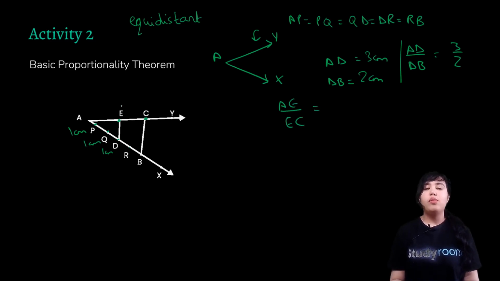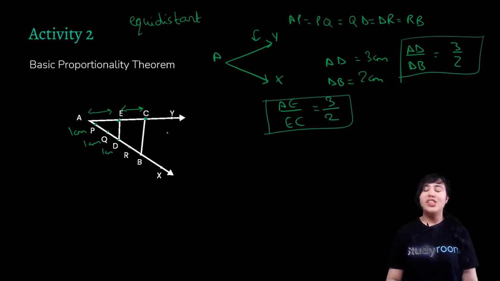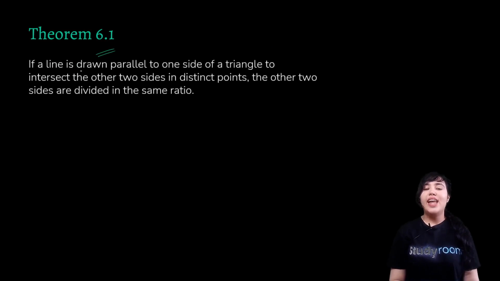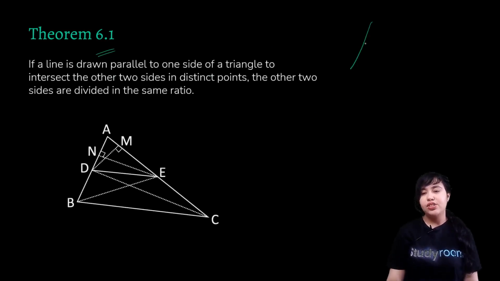Okay, I can't comment here what the lengths would be, but you have a ruler, you do the work for me. And don't be surprised if your answer turns out to be 3 by 2, because this is nothing but the basic proportionality theorem. We'll just see how. So here I'll call it theorem 6.1. It says that if a line is drawn parallel to one side of a triangle, so let me consider a triangle. Okay, let's say I'll call this triangle ABC.